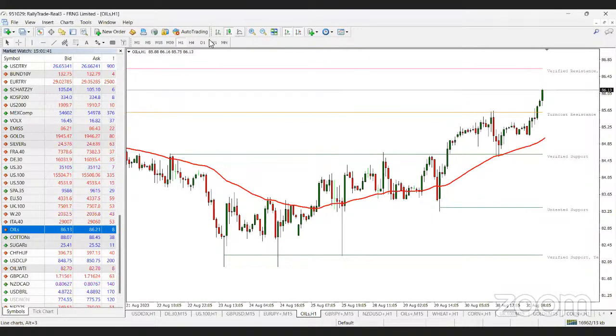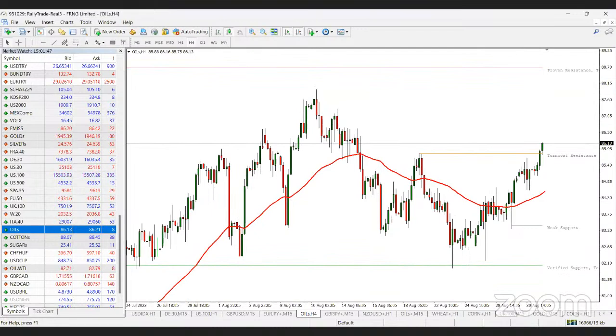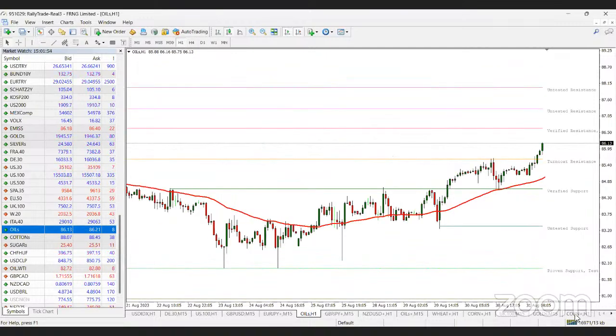And if you look at oil here, you see that oil is approaching a verified resistance, even on 1 hour. Okay, oil is approaching a verified resistance on 1 hour. Personally, I don't see why not. I don't see why we cannot buy